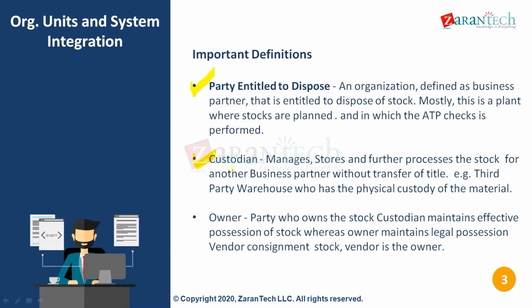For example, I give it to DHL. The custodian of the stock is DHL. Okay, so the physical custody is with them. So in an embedded simple scenario, if you're not using external third-party warehouses, your plant itself is your custodian. They do the planning and then they are the